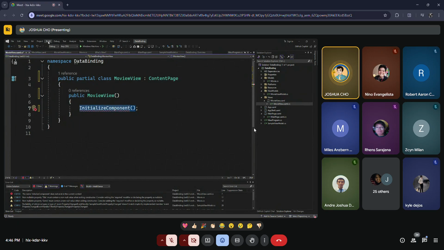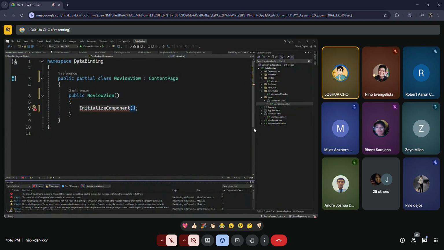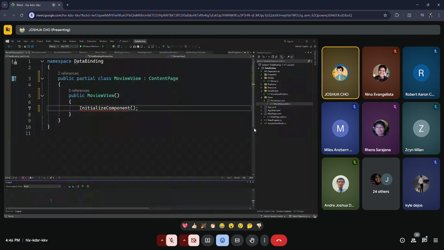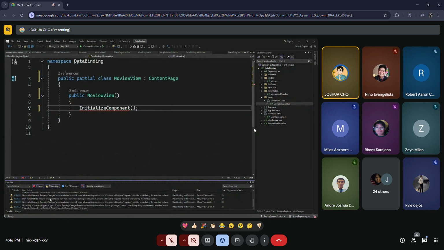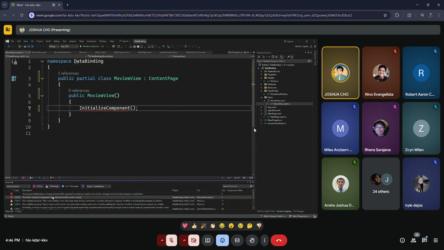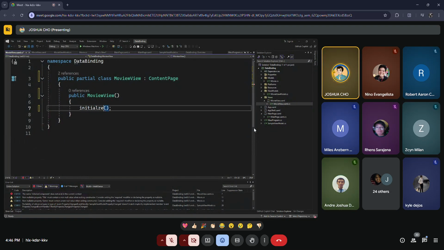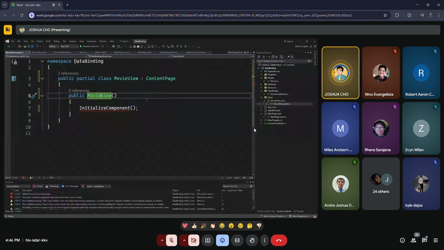Let's try to clean and rebuild. Clean solution. Okay, movie view.